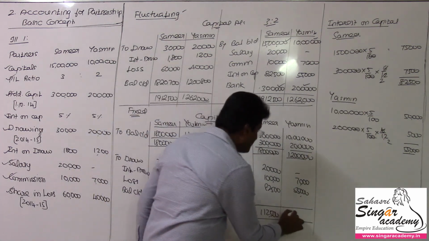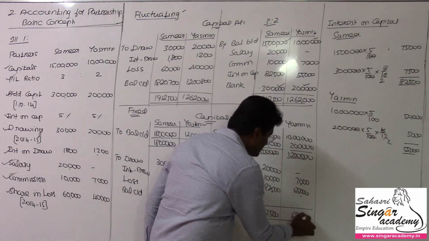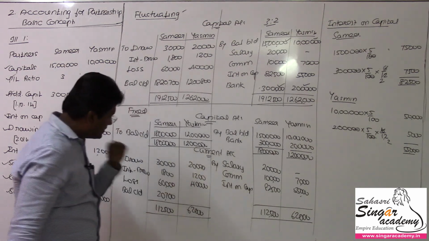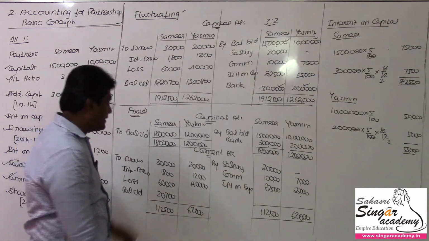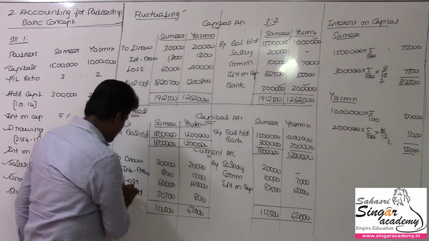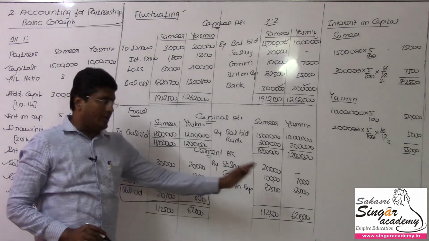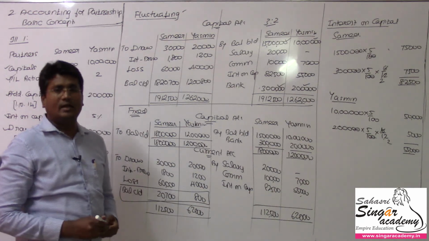Of course, I have to tally this first of all. 62,000. This side is higher at 62,000, and here the value is 61,200. So 800 rupees is there. 800 rupees. This is balance carried on. Sometimes the value may be negative. You can put that value there also. So already I have seen that.